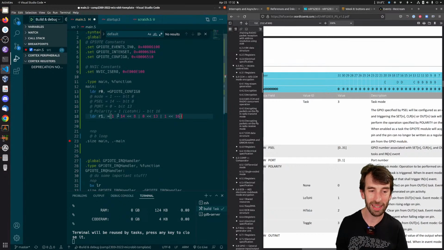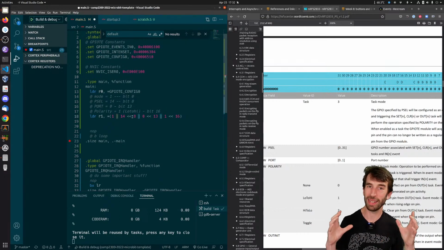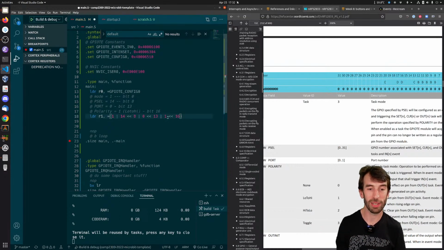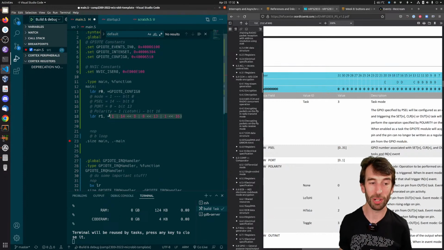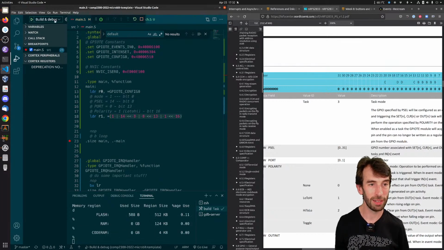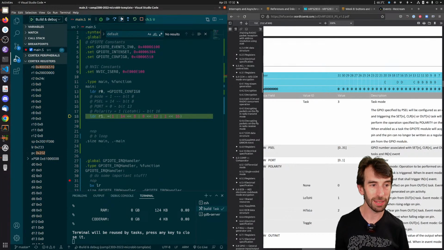So now you can see, because I've got these OR symbols here, all of these little constructions are going to get combined to make a number for this register with the correct configuration. So this all happens in the assembler. The assembler does these calculations and makes the number that I need. I don't quite know what it is. I guess I could run my program and find out. The number that I need is